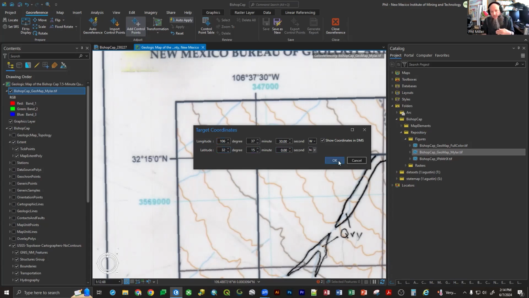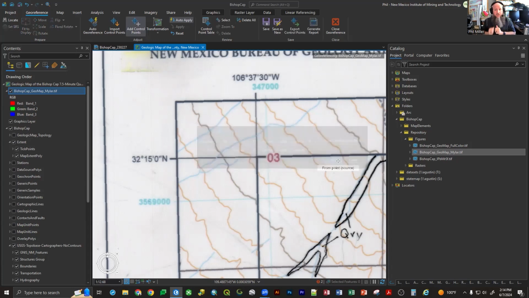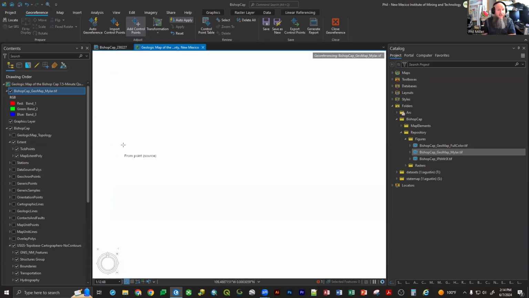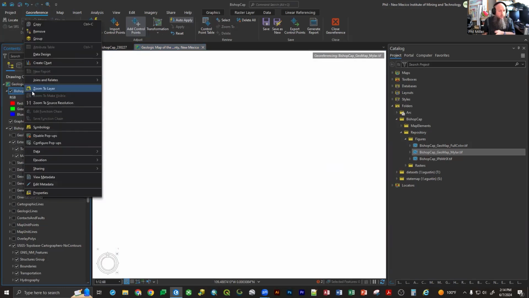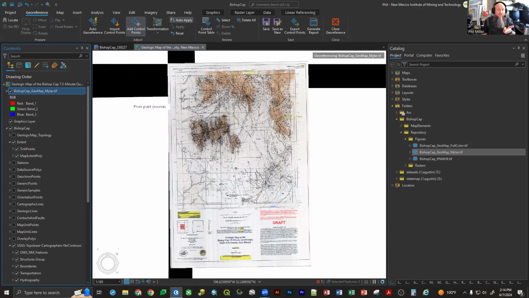So when I do this now, what we expect to see when I click OK is that from pixel go to my coordinates that I just typed in. And sure enough, I click OK and it zips away. So then again, we talked about this a little bit in that first session. We want to right click and zoom to layer so that then we can find out if this went to the right location. And if we look down at the bottom right here, this is the coordinates of my map in decimal degrees, yes. But if I hover over that, it looks like we managed to put that in the correct location,